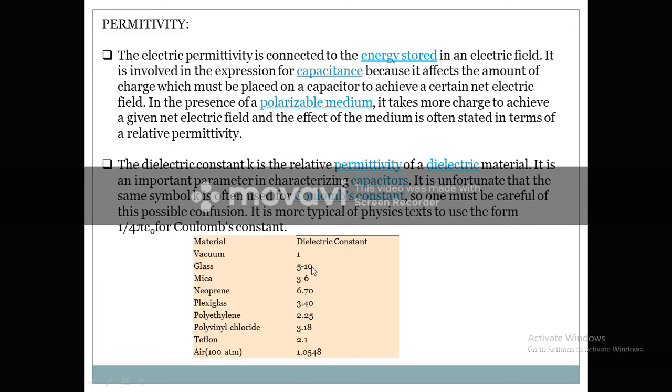How is the glass having the dielectric constant of 5? This is because when a field was applied to the capacitor and there was no dielectric material, meaning the glass, in that case we had the dielectric constant of, for example, 1, and when we place the glass, then we get C by C naught equal to 5, meaning the dielectric constant of glass is 5 to 10. Okay, depending upon the material of the glass.